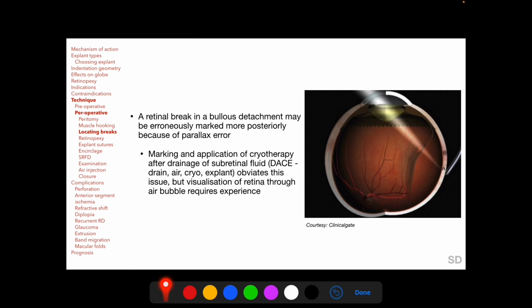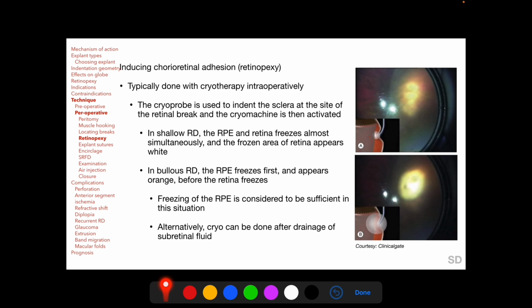on the sclera. And it is important to remember that a retinal break in a bullous detachment, as seen here in this image, may be erroneously marked more posteriorly on the sclera than it really is because of parallax error. Following identification of the retinal breaks, retinopexy is performed around the retinal breaks, typically with cryotherapy, for which the cryoprobe is used to indent the sclera at the site of the retinal break, and the cryomachine is then activated with